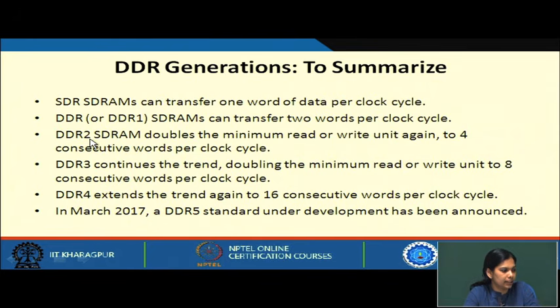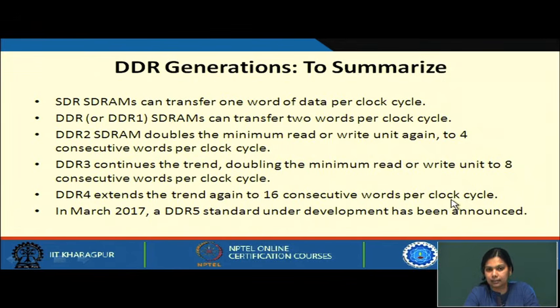Now double data rate 2 means 4. So DDR2 SDRAM doubles the minimum read or write unit again to 4 consecutive words per clock cycle. In DDR3 it is 8 consecutive words per clock cycle, and DDR4 extends the trend again to 16 consecutive words